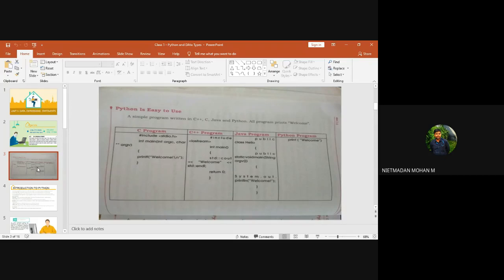This is why a lot of programmers are choosing Python: the code can be implemented very easily, and it is easy to find and rectify errors. So, clear? Why are we using Python? For this purpose only. If you are not from a computer science background, no problem. If you want to print any numbers or values, you can directly go to the Python console, type print and whatever message you want, and it will print the same message. Clear?